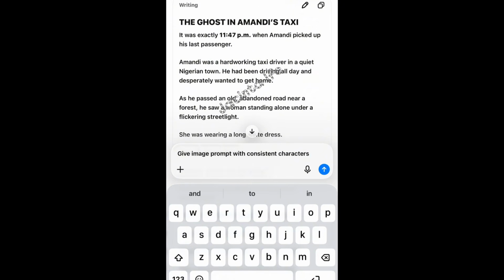If you want to upload this story on YouTube, you should be using 16:9 image format. But if you want to post this story on Instagram, Facebook, and TikTok, you should be using 9:16 image format.